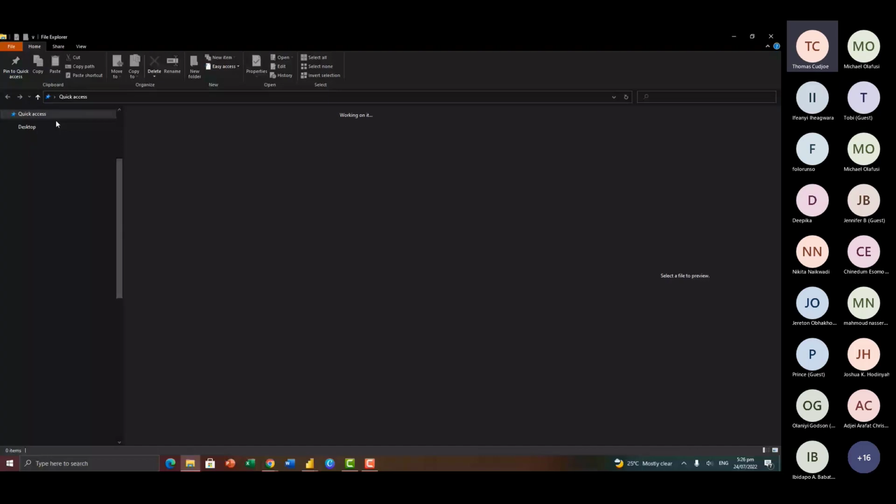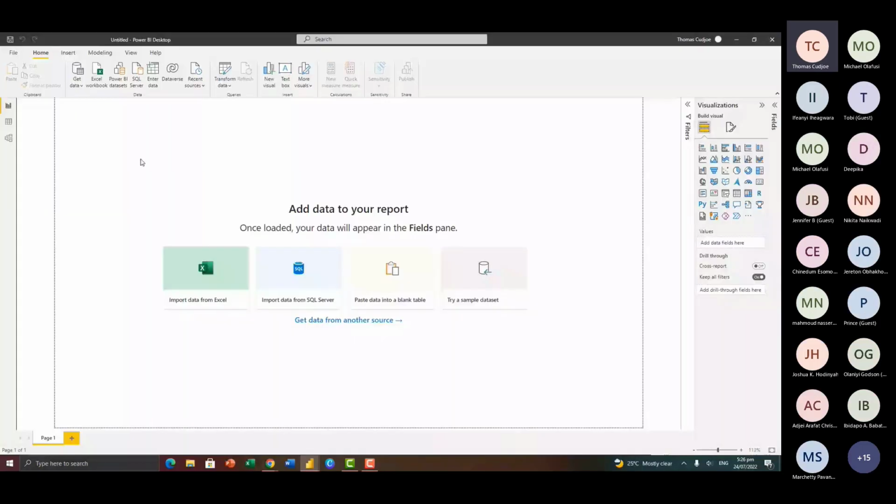Now we are inside a new Power BI report. So here I'm going to get new data. Here we are going to work with data which is in the folder. So you have CSV files which are in the folder. I'm going to look at how we can use parameters to create custom functions, which is going to help us to automate our data transformation process within Power Query.